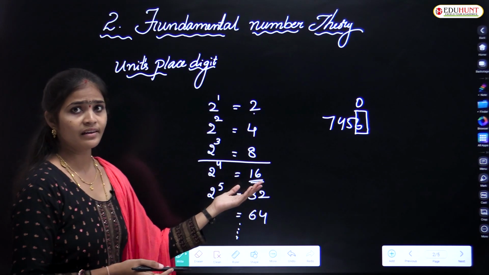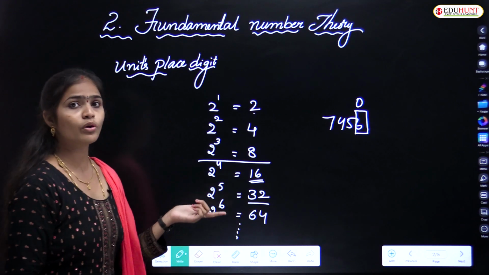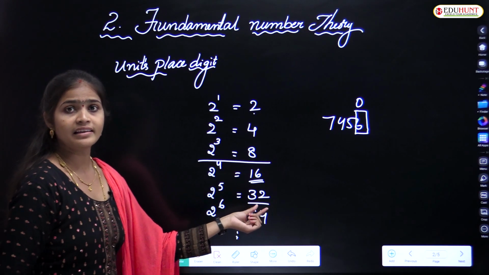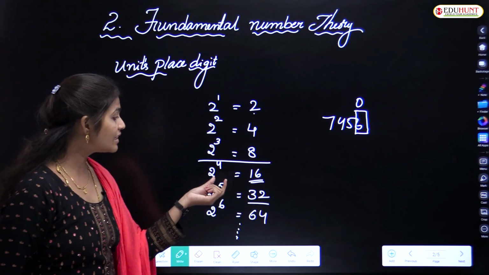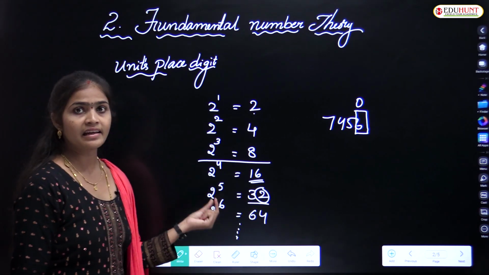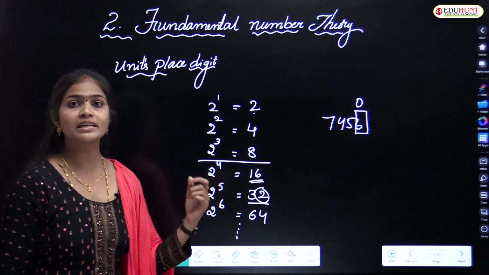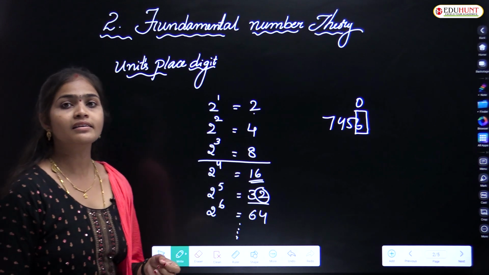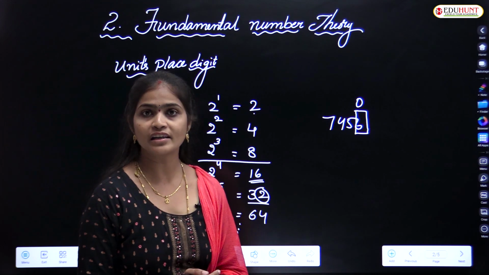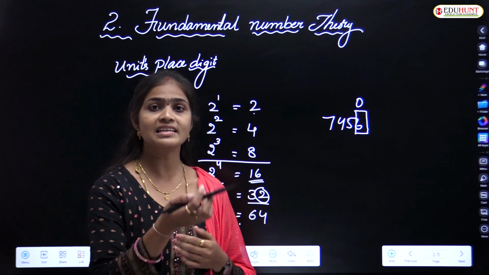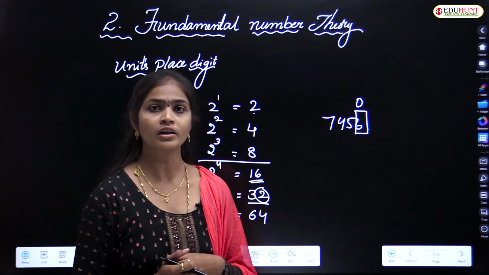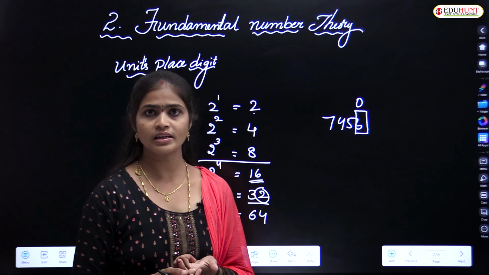Okay, so here we can say, come to 32. What is the last place digit, or units place digit, or ones place digit in 32? That is 2 only, no? And 2 power 6: in 2 power 6, what is the units place digit? After taking the result of 2 power 6, we have to say which digit is in its units place. 2 power 6 is equal to 64, so the units place digit is 4. So easily we can say.